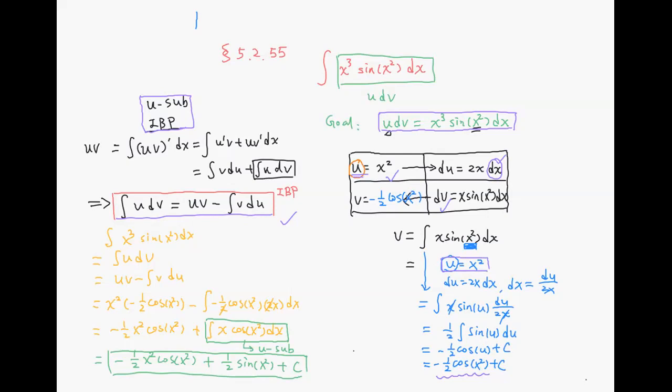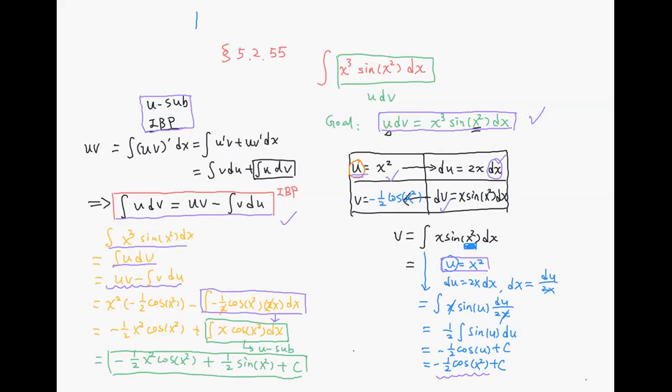Okay. All right, now within this table, we figure out u, v, du, dv, and satisfy the requirement here. Now it's time to apply the formula. The original problem can be written as this integral of u dv, and by the integration by parts formula, that will be uv minus the integral of v du, and then we plug in the choice of u, v and the du terms, right? Now it's time to simplify this term, right? And it will become this. Okay, notice that